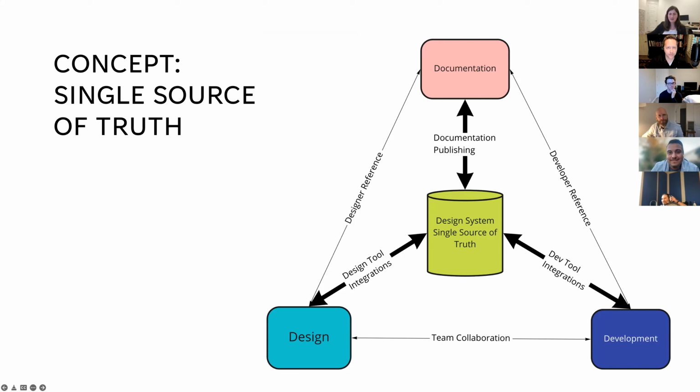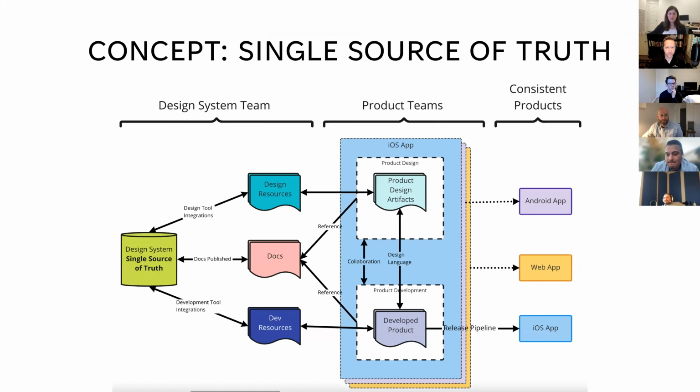All right, so remember the colors I used here because they're used in the next diagram. You just take that triangle and fold it in half. So the points are all in that one column, the design resources, docs and dev resources. And then you've got the single source of truth that was in the center on the left. I'm probably doing this opposite because it's a mirror image. Anyway,